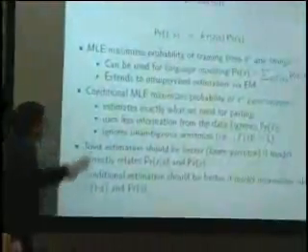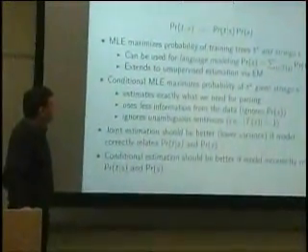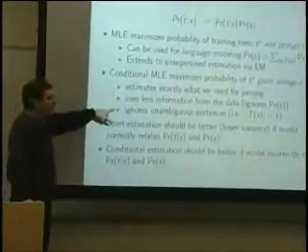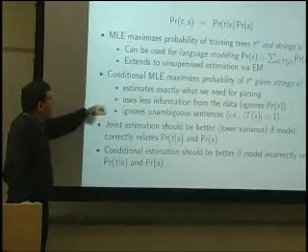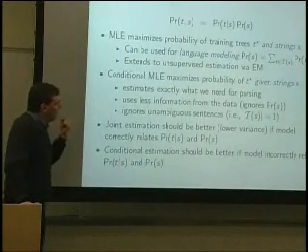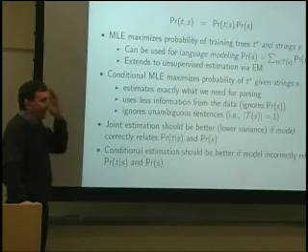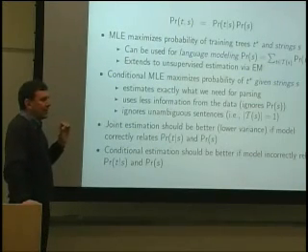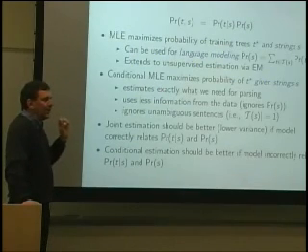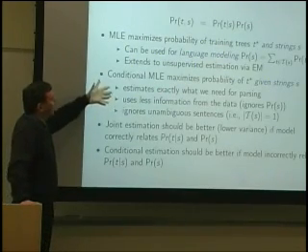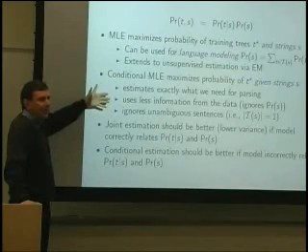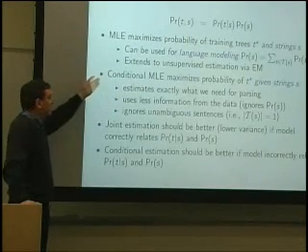It ignores any information about the distribution over strings. You can see up here that the joint is factored into the conditional times the marginal, and conditional estimation ignores that marginal distribution over strings. One thing that is very strange about this is that conditional estimation actually learns absolutely nothing from unambiguous sentences, which from a cognitive perspective is very strange. Here's a sentence, there's no ambiguity in it whatsoever. But of course, if all you're trying to do is disambiguate ambiguous sentences, well, this sentence isn't ambiguous. So what can I learn from that?